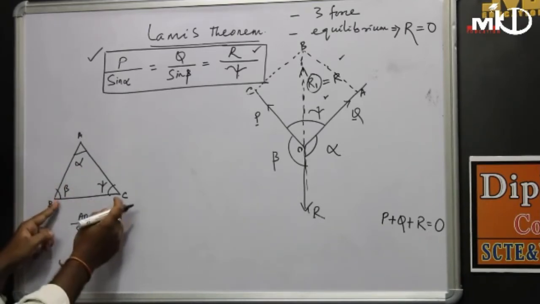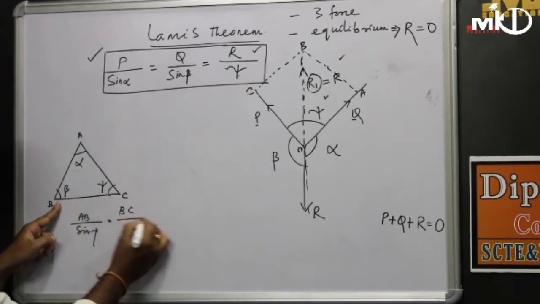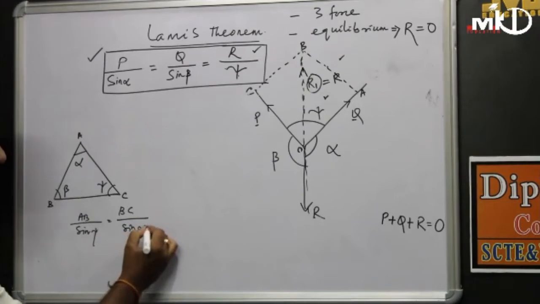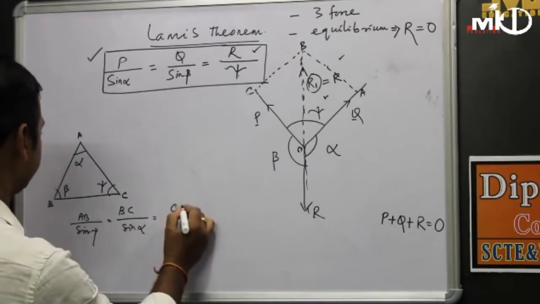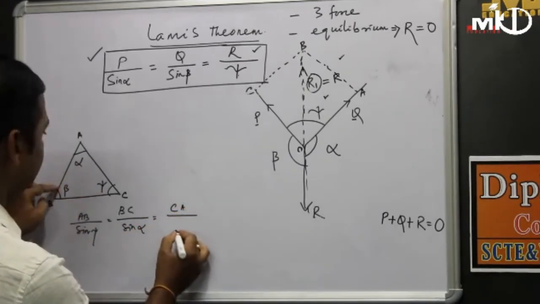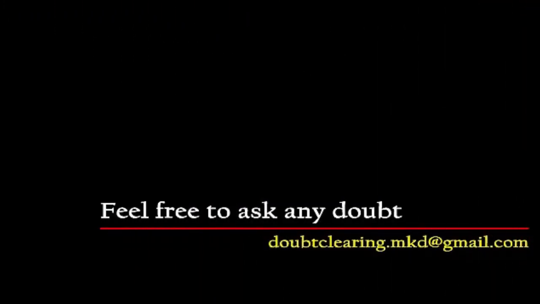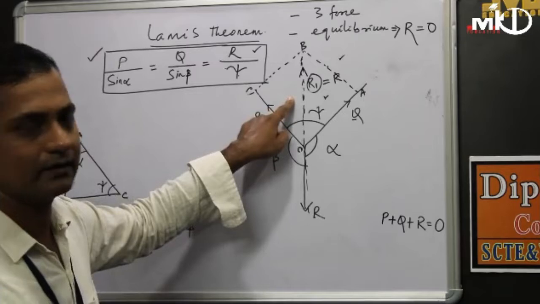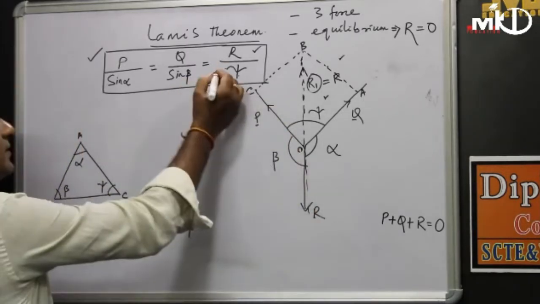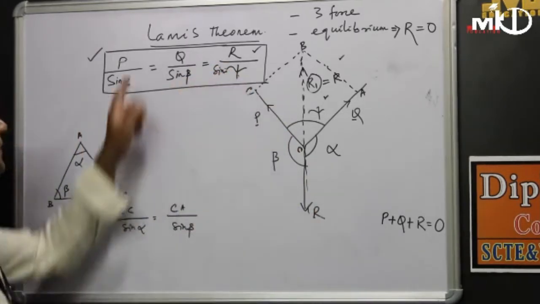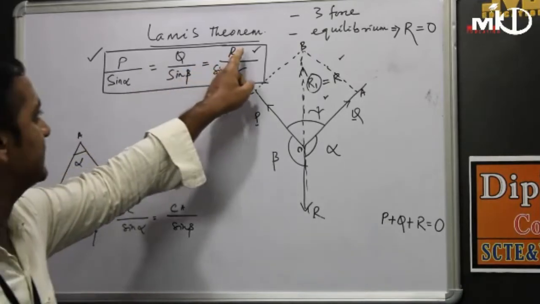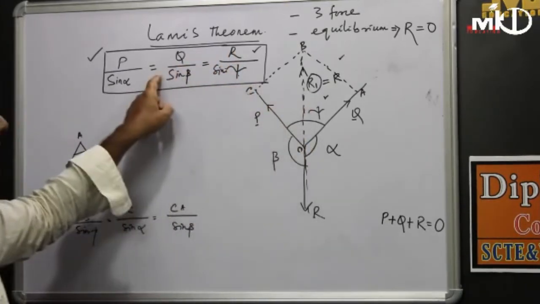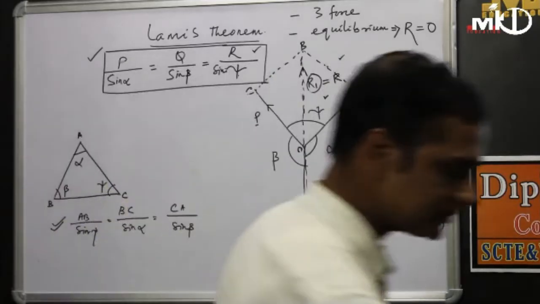That is equal to, if I will take this side, then BC divided by उसका opposite वाला जो angle है that is alpha, means we can write down sin alpha. Similarly, that is CA divided by this angle that is sin beta. So this is our sine law that we have already learnt in high school. So this principle we have to apply here, then we can derive this one. So this is our sin gamma. Clear? P by sin alpha, Q by sin beta, that is R by sin gamma. So by using this sine law on this figure, we can derive this one. So now we will see the derivation.